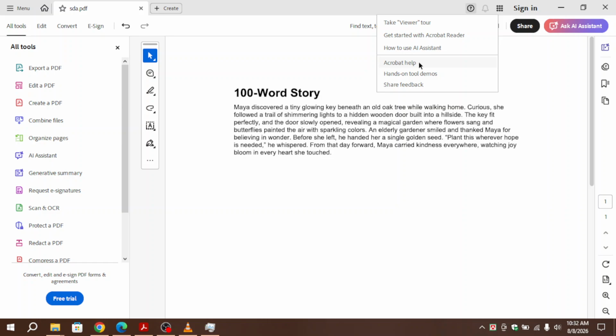And that's how to master Adobe Acrobat Reader. Once you're comfortable with navigation, annotations, forms, shortcuts, customization, and updates, you'll be able to work with PDF files much